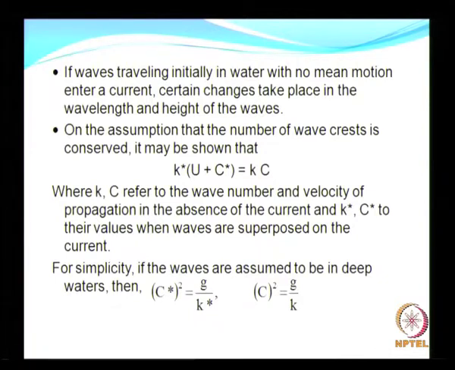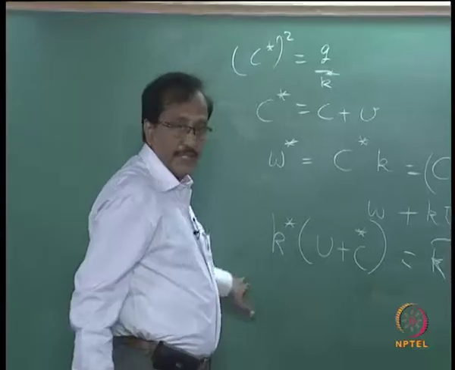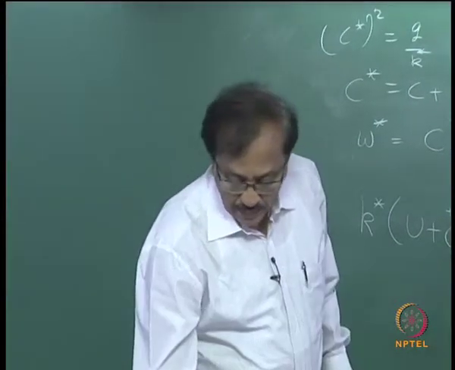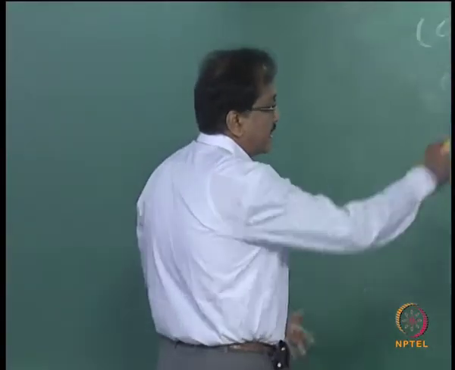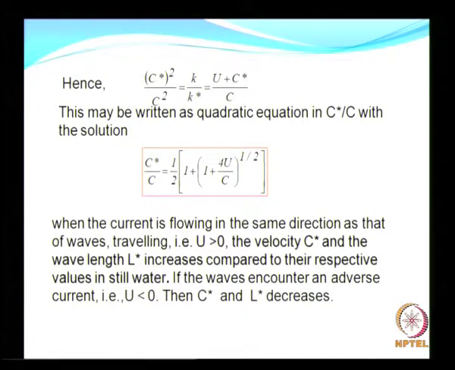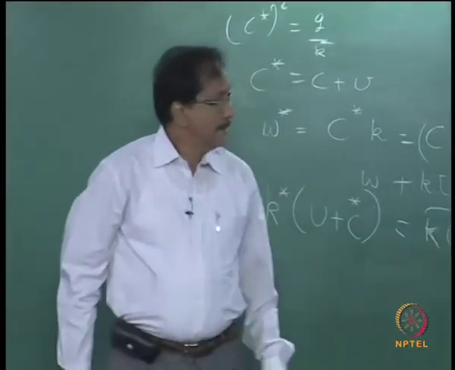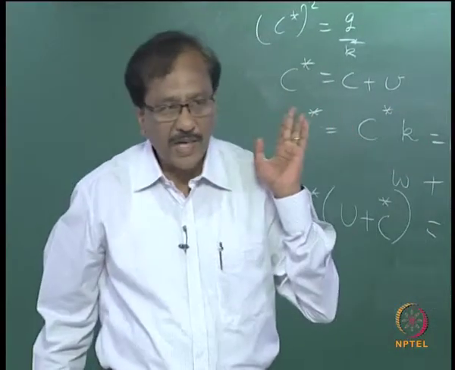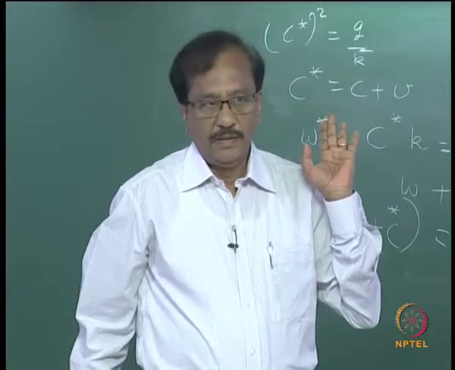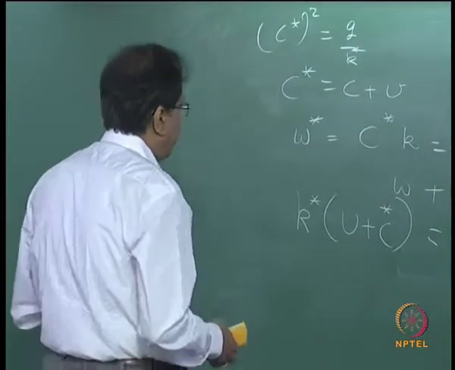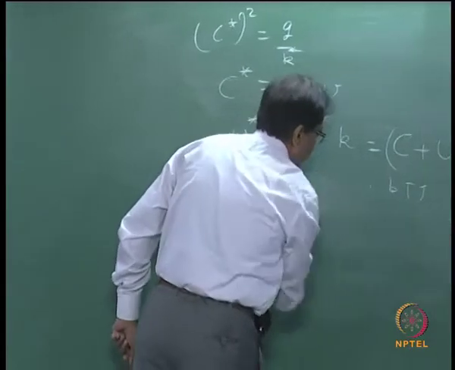Using these equations, you can get this expression as C star square divided by C square equal to K by K star, which is going to be equal to this. Okay. What is this? This is a quadratic equation in C star by C. It is just a quadratic equation, so now I can remove all these things,